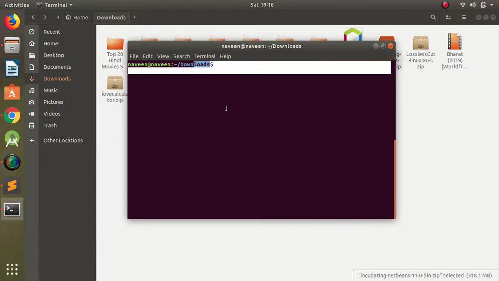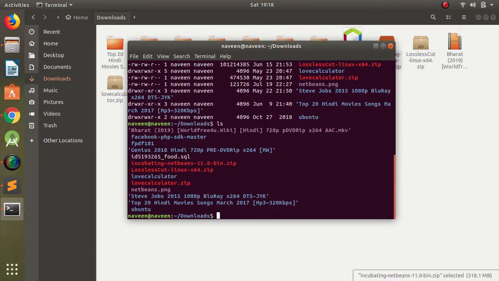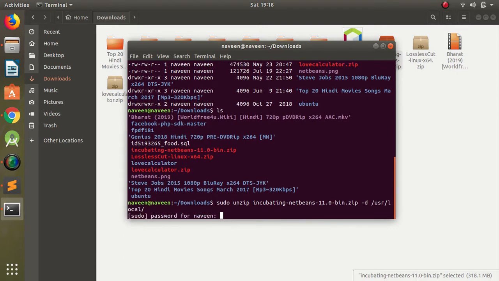So I am in downloads, and I have this file. I will extract it with sudo unzip, the NetBeans zip file name, then -d, and the usr location. I have to give my password.